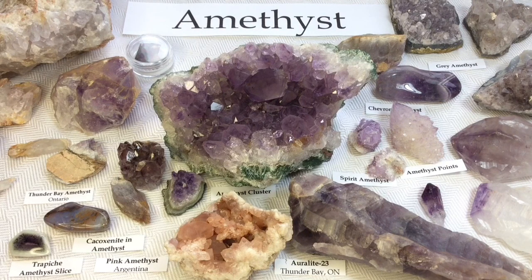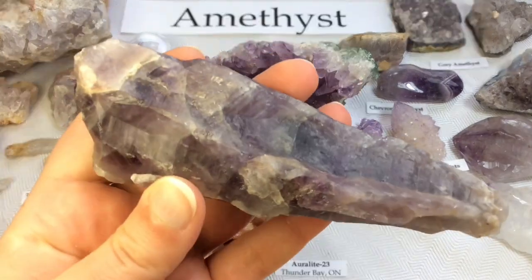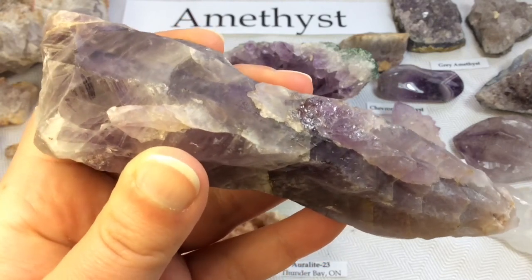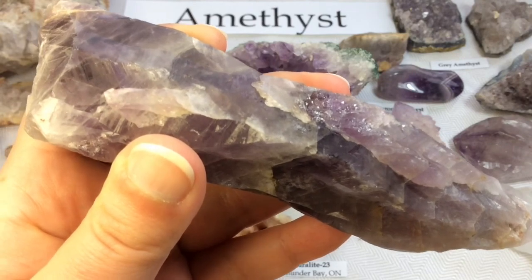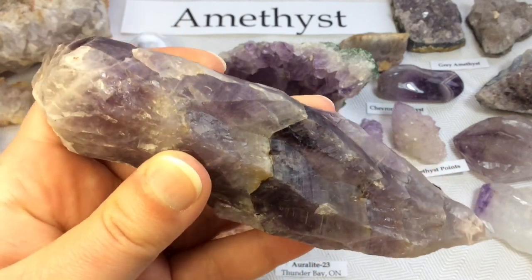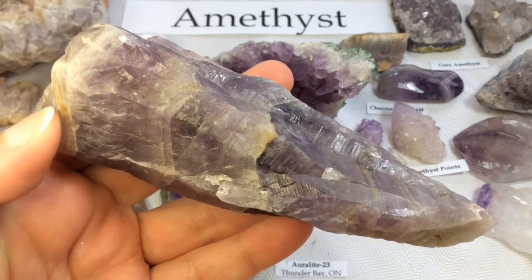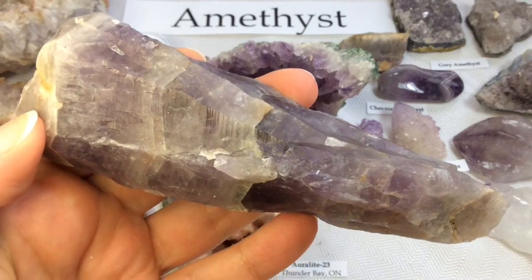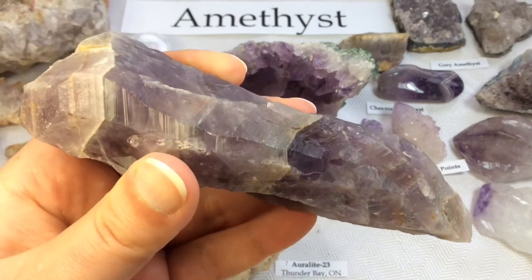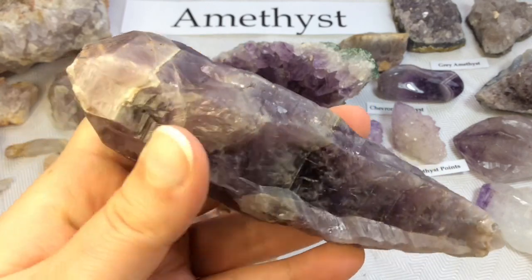But there's a bit of a story when it comes to Oralite 23, and I'll show you my specimen as we talk about it. Oh goodness, it's so beautiful. I love it so much. Okay, so Oralite 23 is a Canadian Thunder Bay amethyst that comes from one mine only, the Oralite 23 mine. Now that it's become a very popular spiritual name for these crystals, unfortunately, other people are picking up that name and using it for their own types of amethysts with similar inclusions. So it's really important that if you do want to collect one of these specimens, please buy it from that particular mine. He has an online shop, and if you want to support that business, that's the way I would go about it personally,